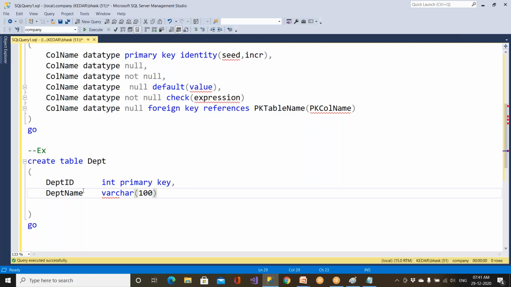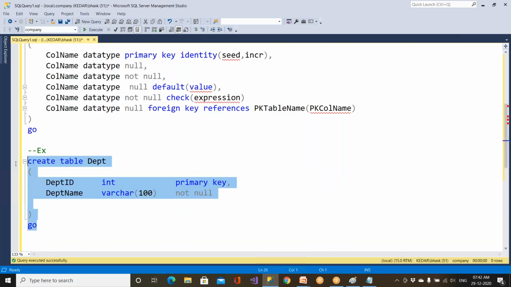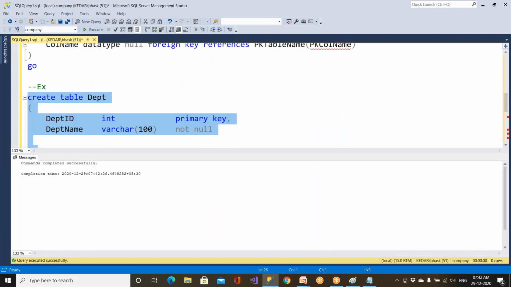If not, you have to go to the data types section and listen to that video once again. Varchar 100 means the department name cannot be more than 100 characters, which is not null. That's it. This is the last one, so I need not put a comma. So create, and it will get created in the company database. Clear? Now you execute, your table is ready.